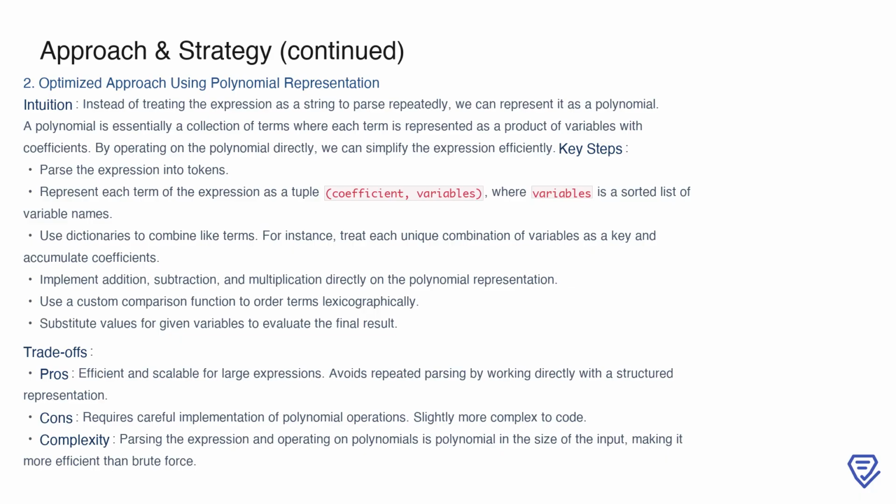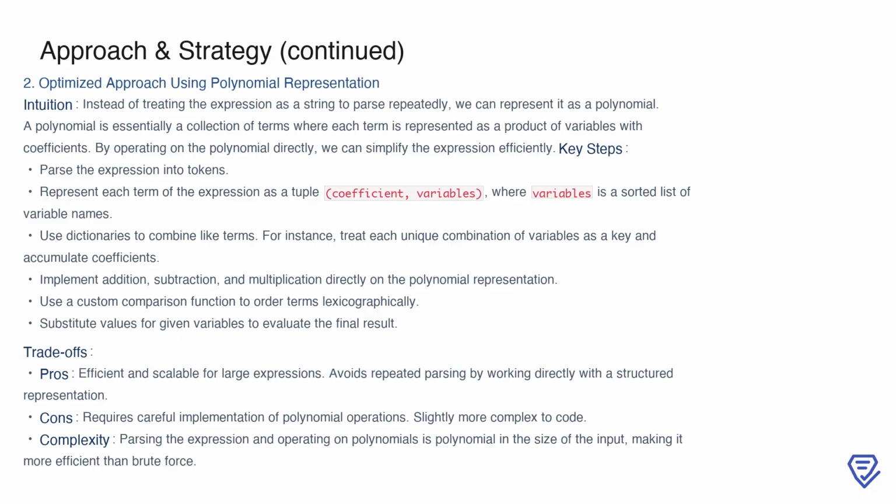For example, each unique combination of variables acts as a dictionary key, and the coefficients are accumulated accordingly. Using this structured format, we implement operations like addition, subtraction, and multiplication directly on the polynomial. Additionally, terms are ordered lexicographically to ensure the final output meets the required format. This approach is more scalable and efficient, with a complexity that grows polynomially with the input size. However, implementing these polynomial operations requires attention to detail, and the code becomes slightly more complex compared to the brute